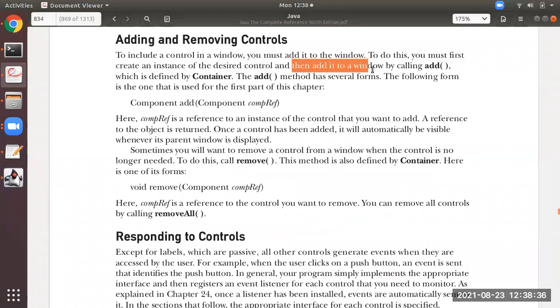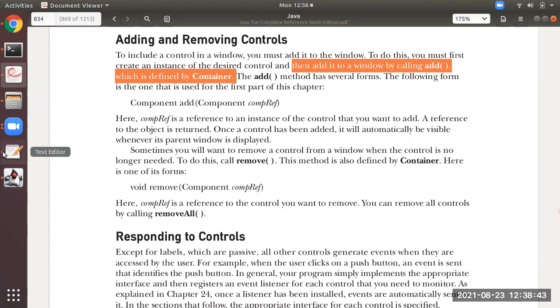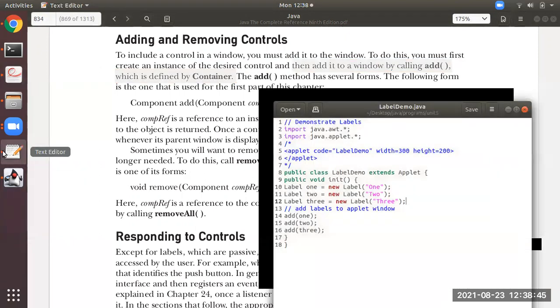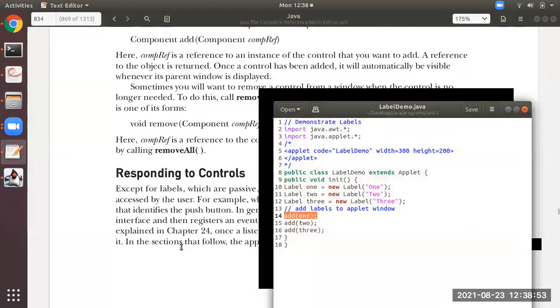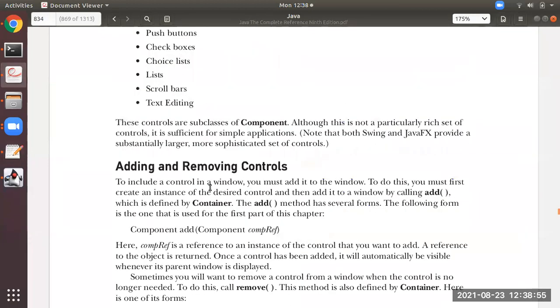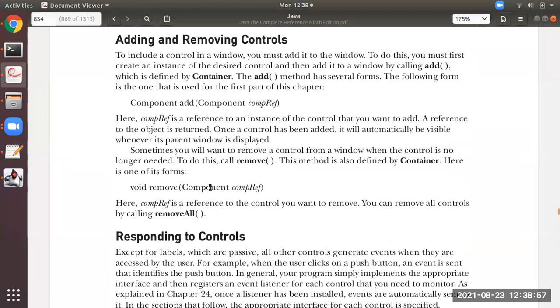Then add it to the window by calling add, which is defined in the container, which has several forms. So you have to add it by this add method. I hope you have understood. Now, sometimes you want to remove a control from a window.